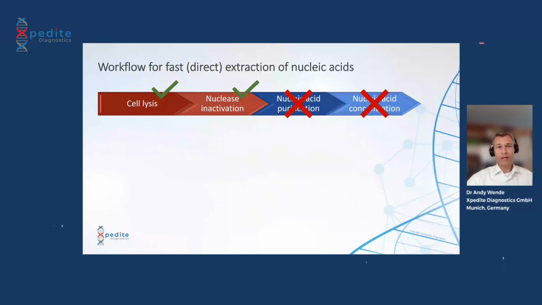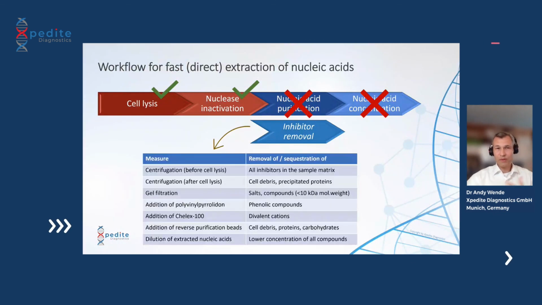And if you talk about this fast extraction or direct extraction, then we would not talk about an actual nucleic acid purification, but rather about an inhibitor removal. It's just a difference in point of view. And how do you do this inhibitor removal? There are certain measures. I have listed it here. You can, for example, do centrifugation. If you do it before lysis, you get rid of all the inhibitors in your sample matrix. Before you start with the extraction, you would remove them out of the equation